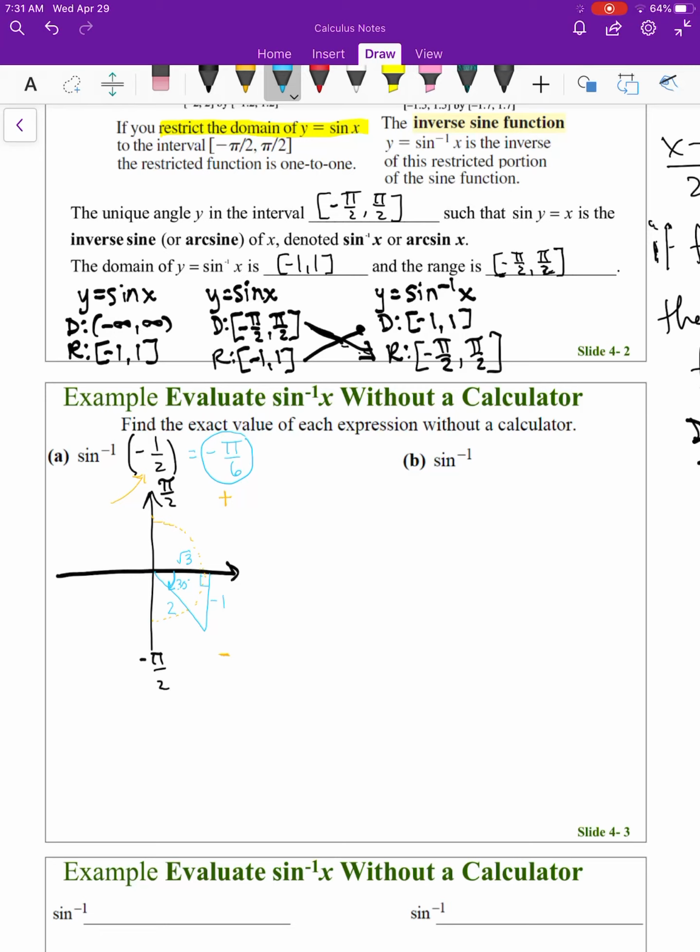And the reason why we had to stay in the first or fourth quadrants is because we have that restricted domain that we started from that gave us the restricted range in the inverse function. Okay? All right, the second one, part B,